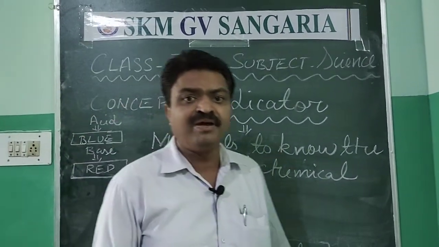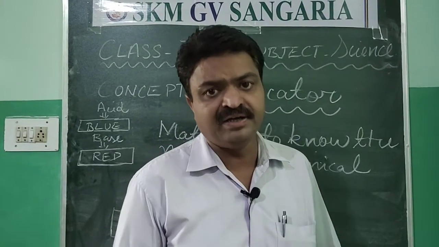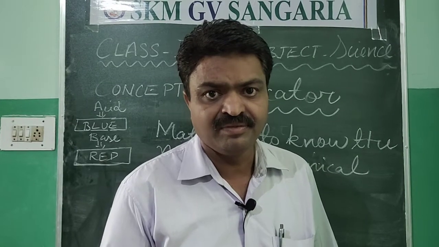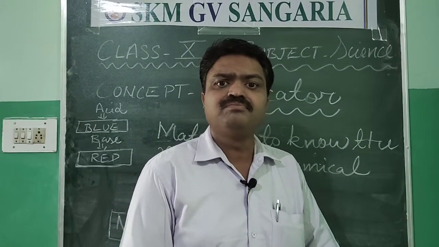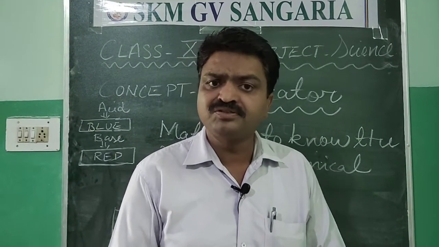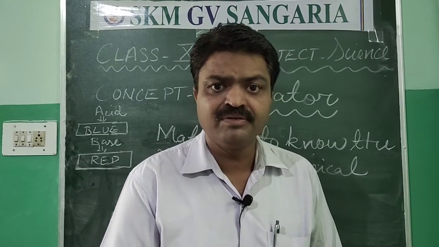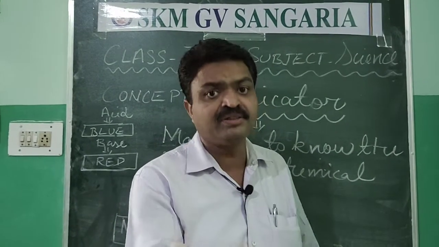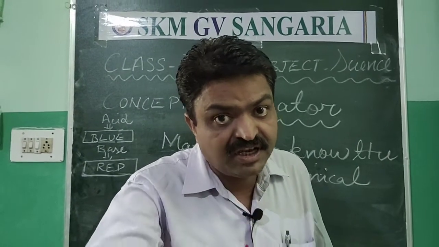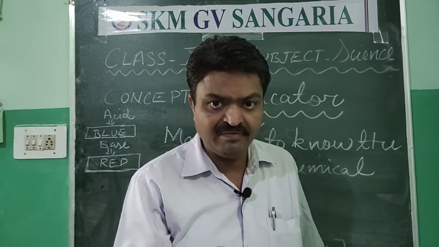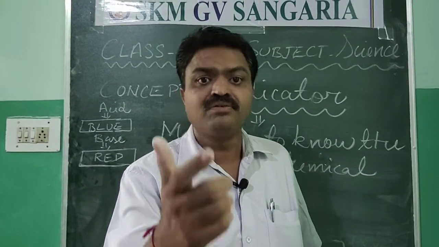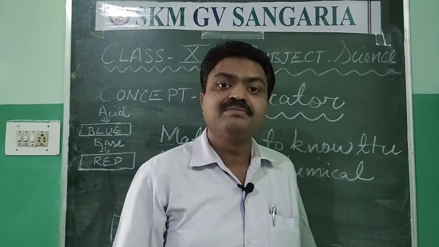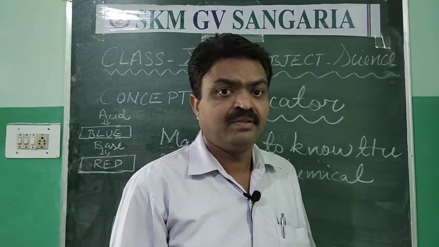Many times when some eatable items are put on your white shirt, and when you wash those spots with soap, then what happens, students? That yellow color of the turmeric that is found in the food item is changed into red. Why? It is due to the presence of base, because the soaps contain base in them.